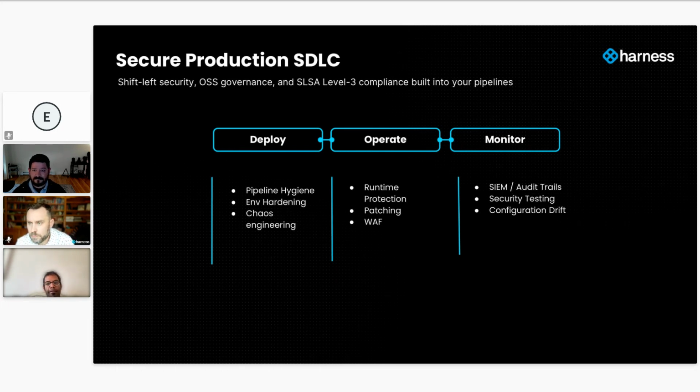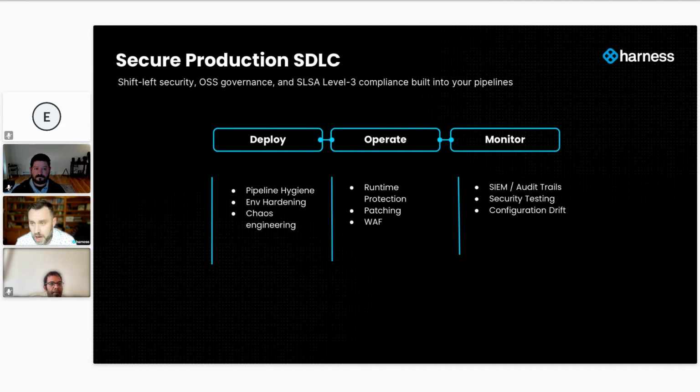And Luke, what have you seen as common deployment gates or integration points that customers have used? Yeah, so gates, and this gets beyond just the security conversation, right? So we see security gates, we see quality gates, we see things like infrastructure resiliency testing, quality testing, load testing, things like that.